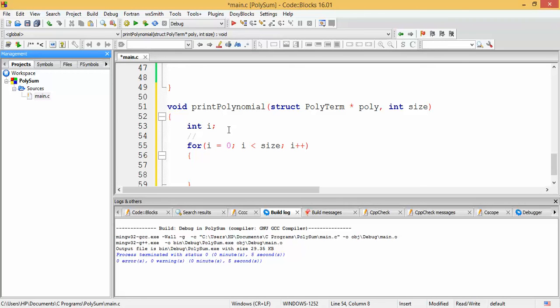If 3x cube has to be printed on the console, then it should look like this. 3.0 x cube would be represented like this. We would use this symbol, I think it is called a caret or something. So x caret 3. Then let's say the second term is 5.2x square, so 5.2 x, this caret sign,